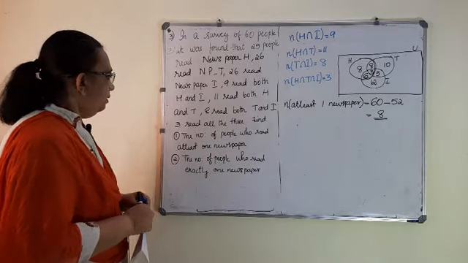T complement intersection C complement. Complement means not. So this is equal to, which law is this? It is De Morgan's law, isn't it? It is De Morgan's law. You can write this as N of T union C the whole complement, or that is equal to